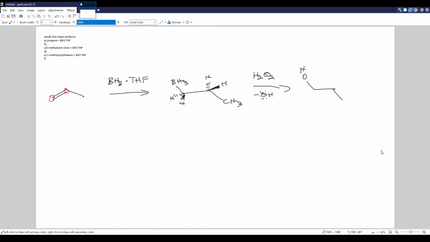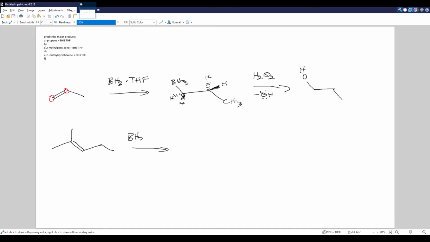So yeah, that is our alcohol. We get ethanol, or no, that's 1, 2, 3. That is propanol. Okay, so next we have 2-methyl-pentene. So 1, 2, 3, 1, 2, 3, 4, 5. Pentene. 2-methyl-pentene